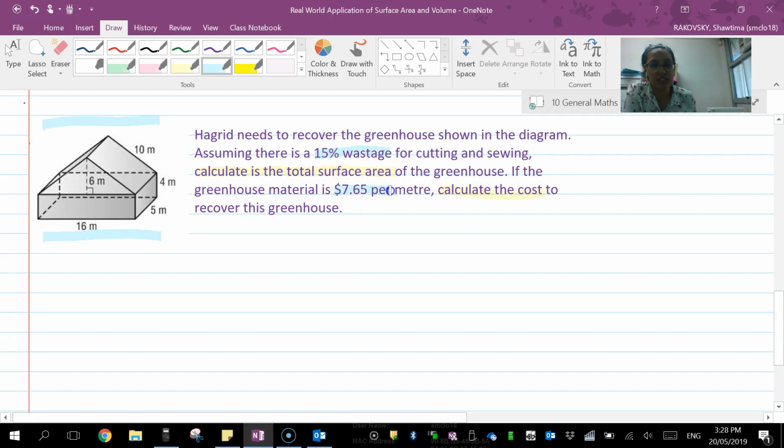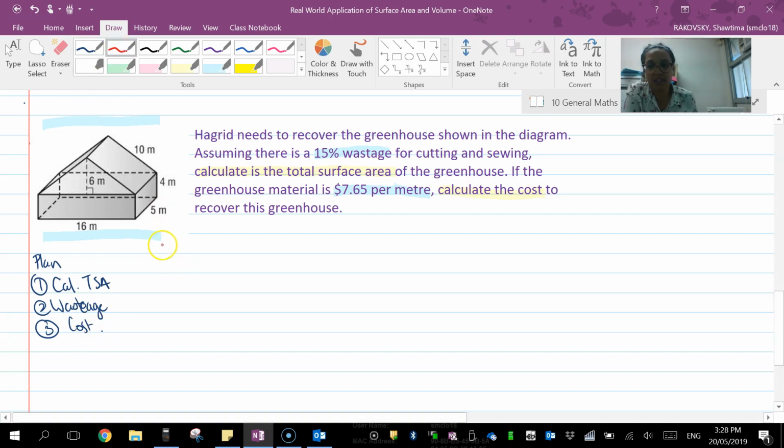So my little plan I'm going to devise is: 1, calculate total surface area; 2, wastage; and 3, I'm going to be calculating the cost. So 3 steps. The first step is this total surface area,